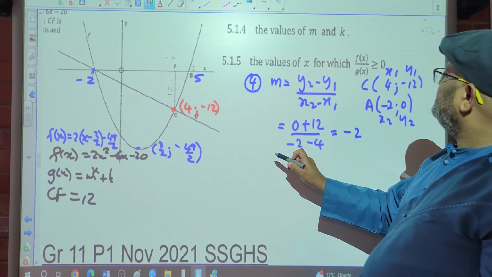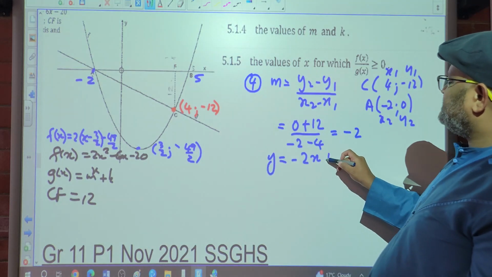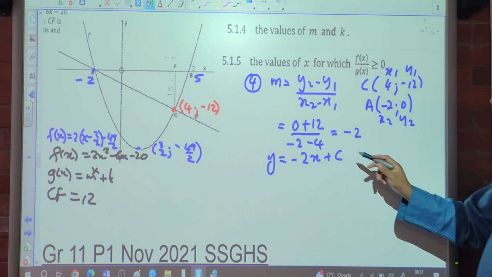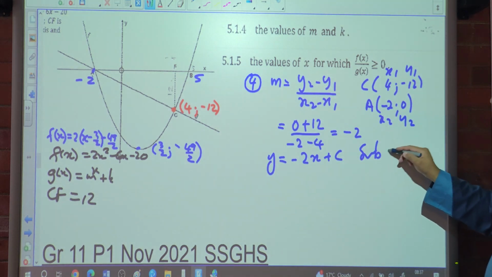So your equation now reads y is equal to negative 2x plus c. Now in order to calculate c, I must substitute one of the 2 points lying on this graph. So we substitute a